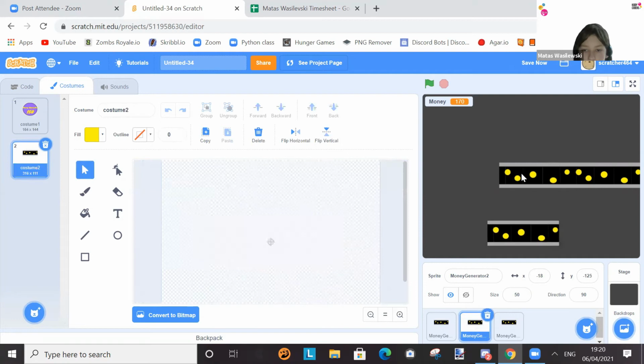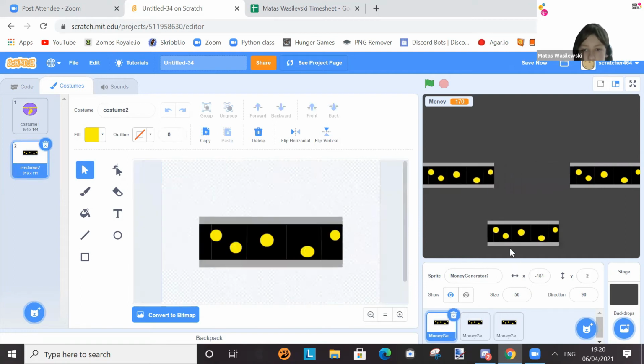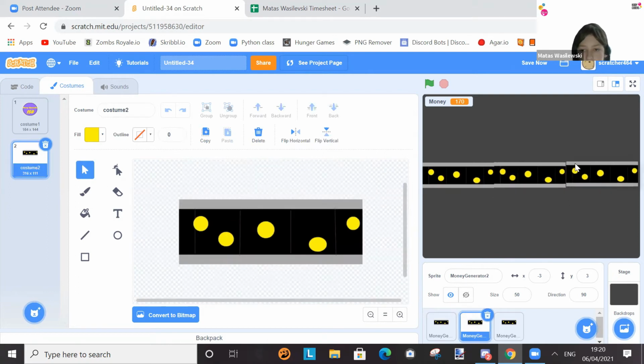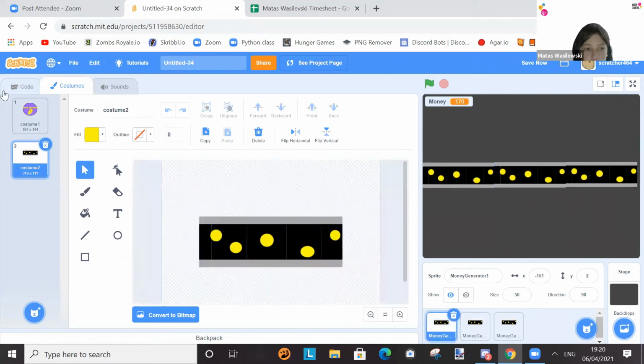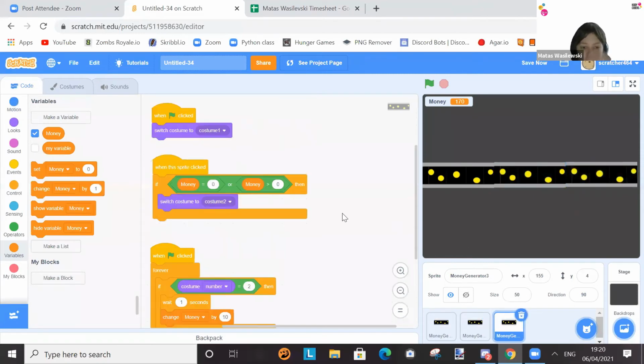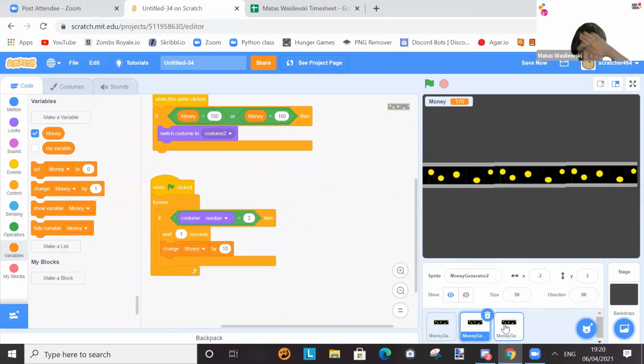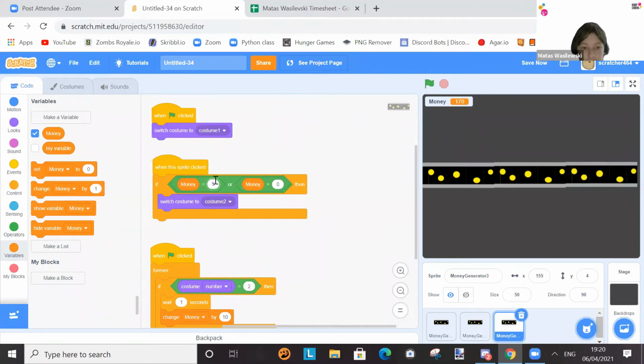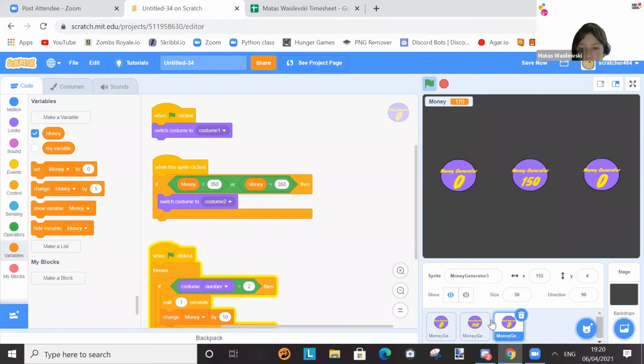Oh wait, okay. Hold on. I'm going to swap them around. So now, okay, it's not straight, but still. So you have this one for 0, this one for 150, and let's make this one for, let's say, 500. Oh wait, so this one for 150 or above 150, and then this one for, let's do 350 or above 350. So now, if we start, as you can see, oh wait, I need to change the